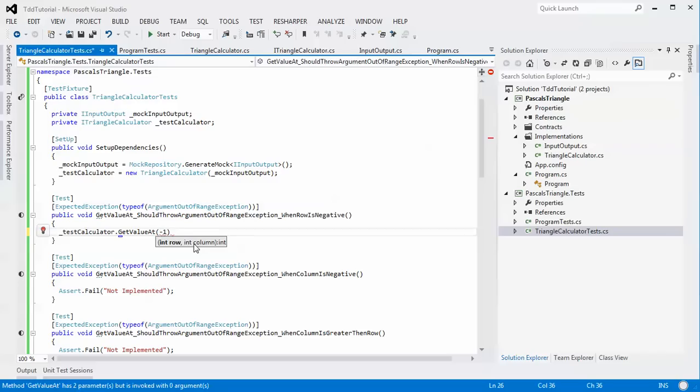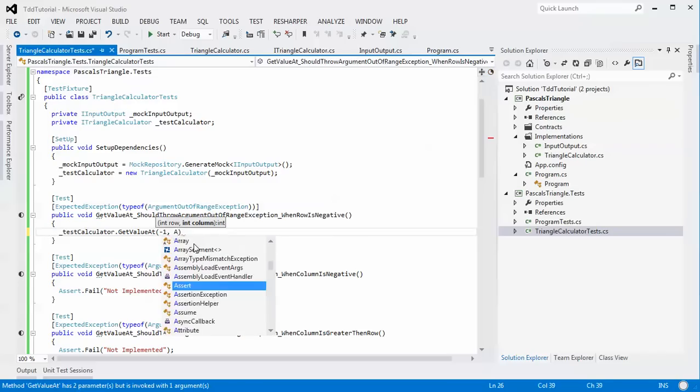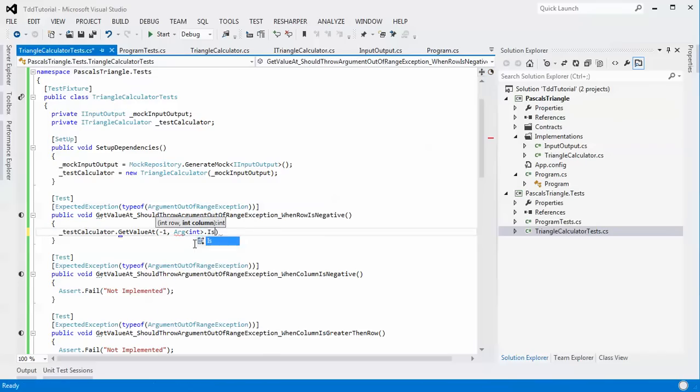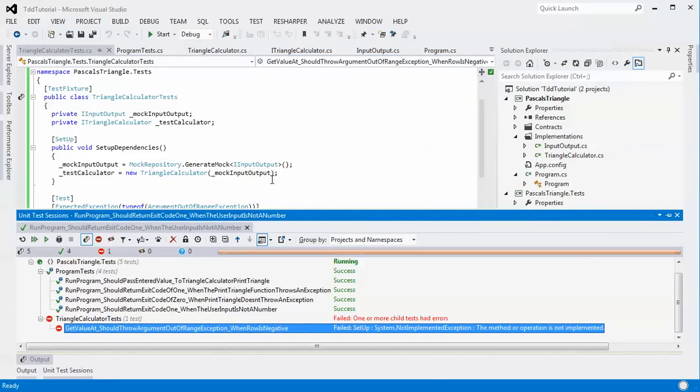Our row is going to be -1 because I want it to be negative. And then I'm going to use a little bit of a trick here. I'm going to use the arg int is anything. The main reason I do this is I know for this test right now it is going to be ignored. And I think that the wording around arg int is anything is very clear to let them know that I don't care what value is used here, and that whatever value put in there should not affect the results of this test. So, if we save this and run it,